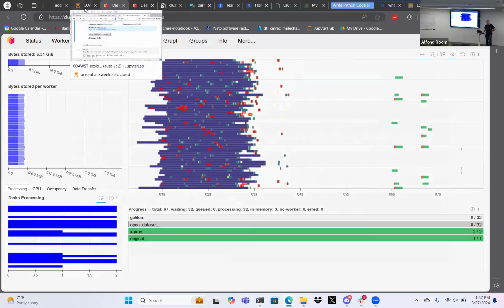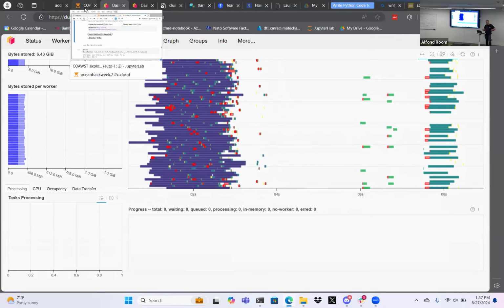Well, this time it worked, but it worked so quickly that I didn't have time to click the dashboard. So no, okay. Oh, so this is another calculator. Okay,